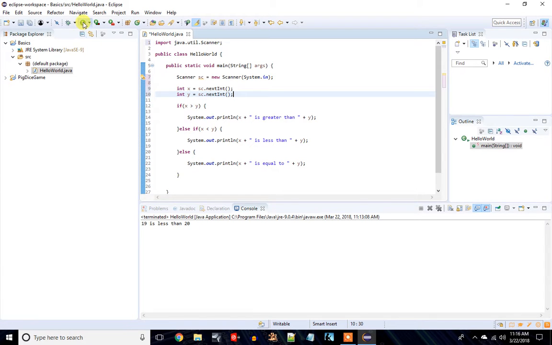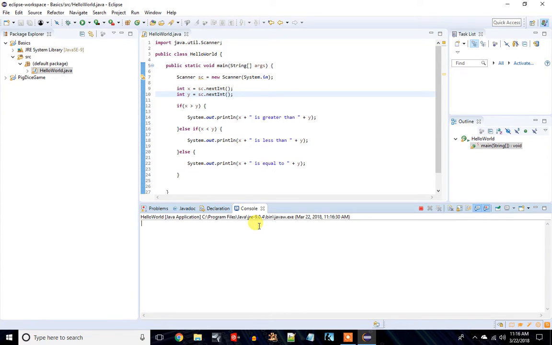Now I can run this code as is, but my user isn't going to see anything down here. So if I run it, it'll run and it'll wait. It's waiting for input right now. Because I come into my program, I declared this variable, I used it right here, so it's sitting there waiting on input. So if I typed in, say, the number 10,